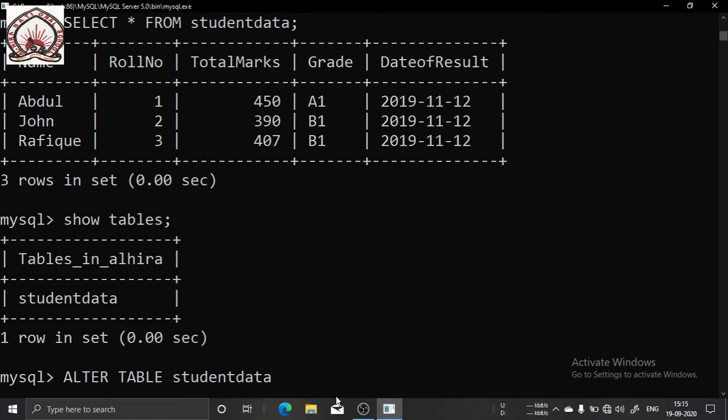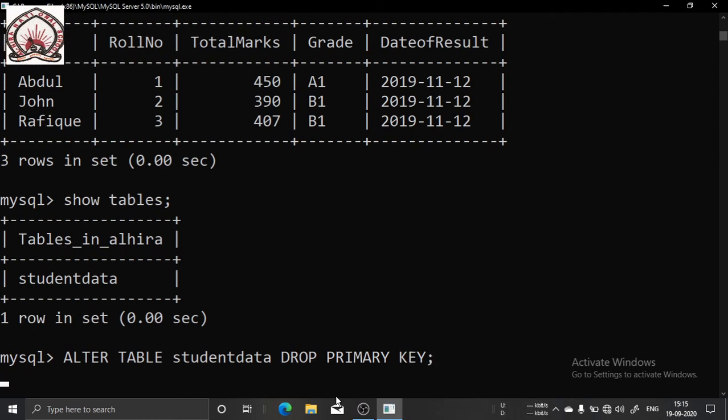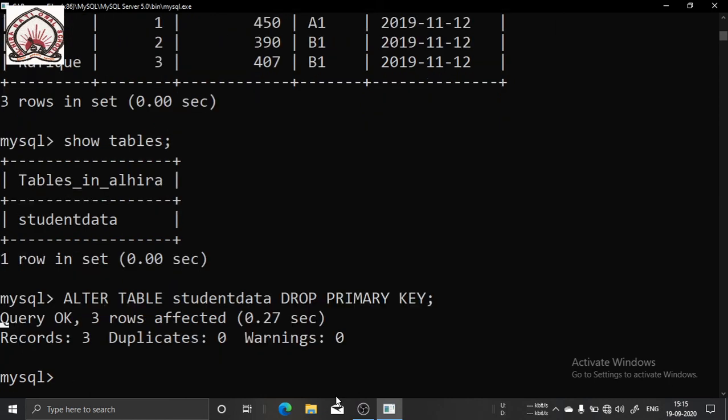Suppose I want to delete the primary key, so I will give drop primary key. What will happen? From this table, the primary key constraint will be removed. I am just showing you DESC student data.